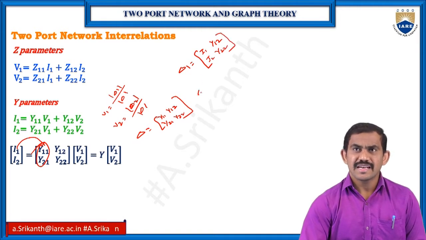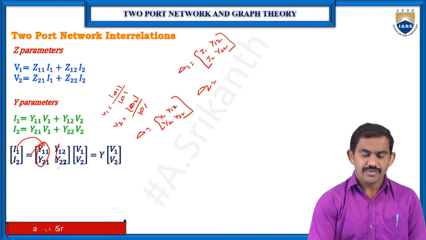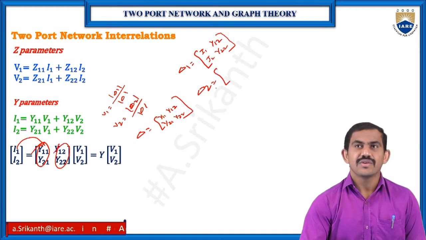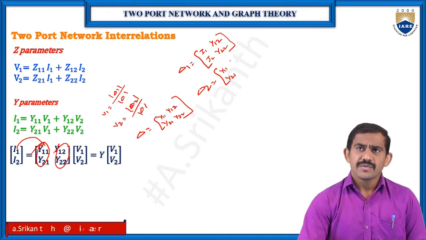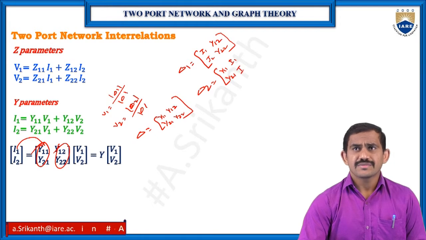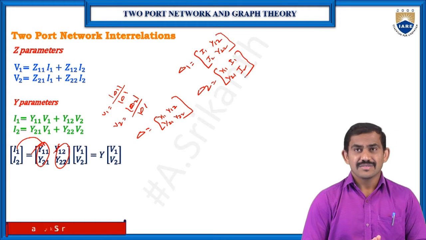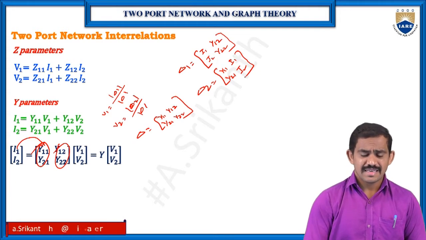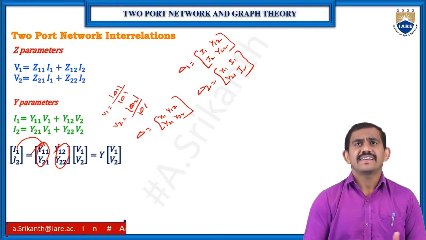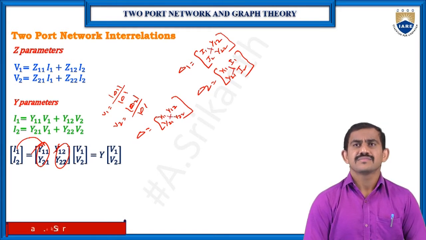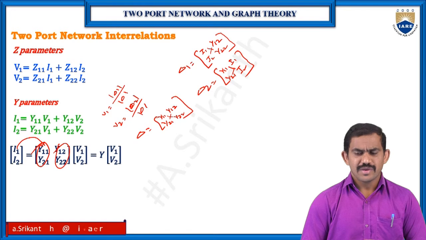And same thing, for the del 2 value, remove the v2 value and replace it with the equal to values. So y11, y21 is as it is, and i1 and i2. So these are your delta values, delta 1 and delta 2. And del of delta, by cross multiplication, we'll get the del of delta values. Okay, we'll check it one by one.